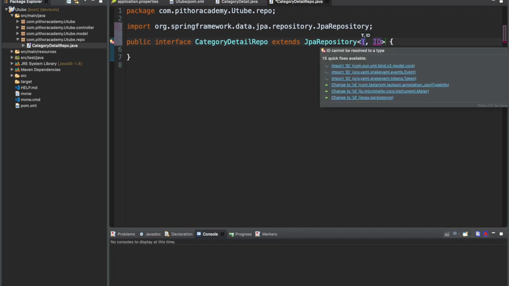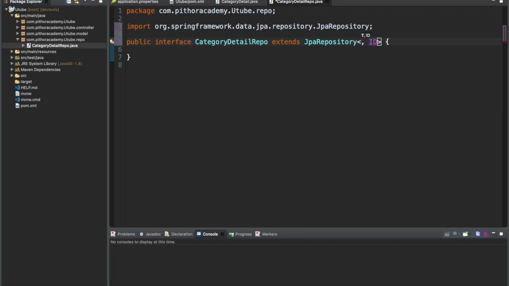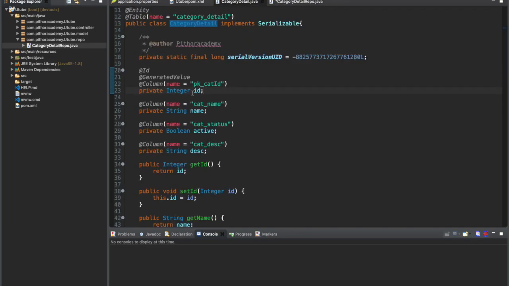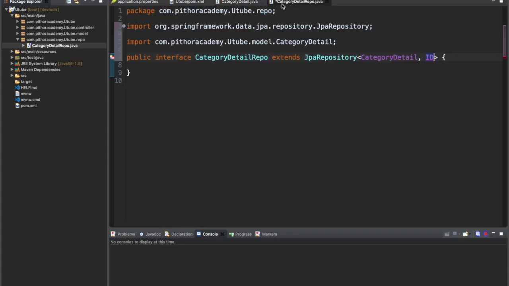So this T should be category detail and this ID should be the type of the PK field or the ID field, that is integer. So the first part is done.